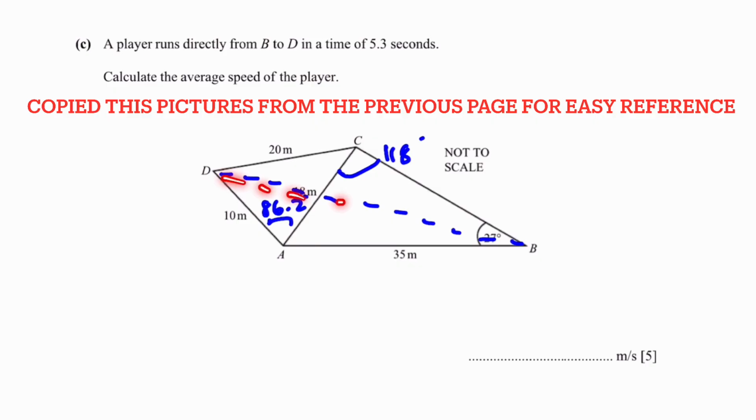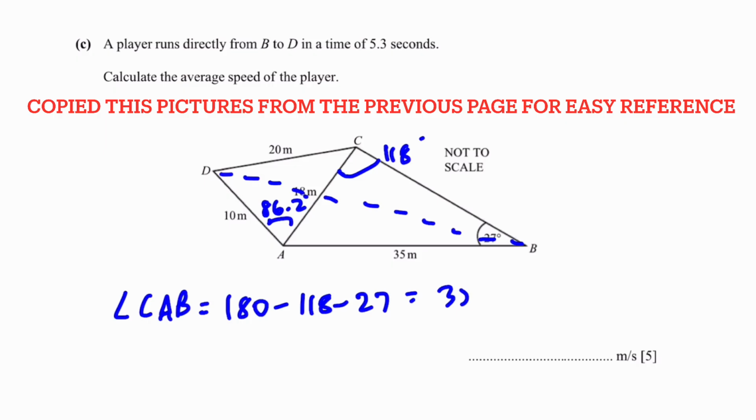Well, we need to find this dotted line which I've drawn over here, that length. And we know from the B part that this is 118 degrees, and we know from the A part that this is 86.2 degrees. So, also one more angle which we can find is this angle, because we have a triangle here and we have two angles. This is 27 degrees, this is 118 degrees. And we can find this because angles in a triangle add to 180. So angle CAB is equal to 180 minus the other two angles, which is 118 and 27, which gives 35